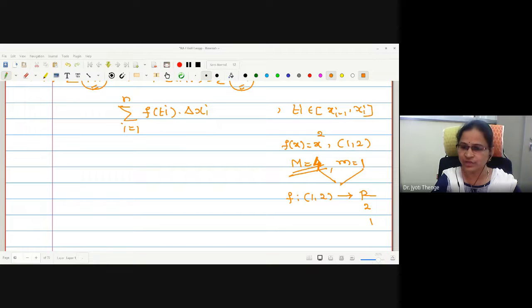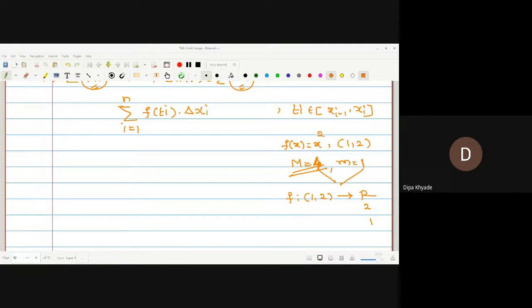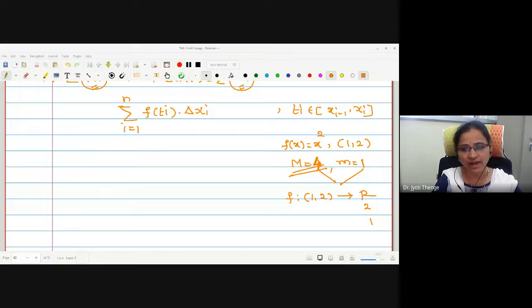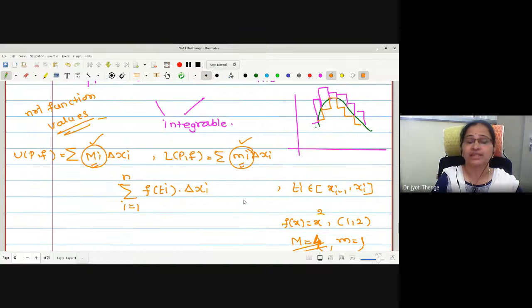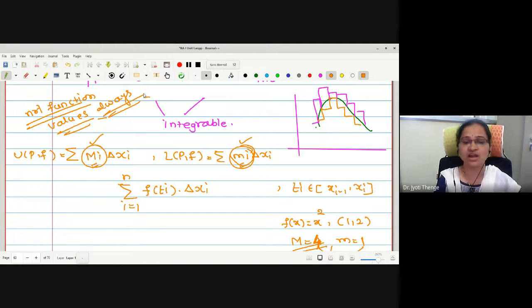तुमची जी सुप्रीमा व्हॅल्यू आहे ती फंक्शन व्हॅल्यू आहे का? No. नाहीये. तसंच इन्फिमा 1 आहे. कुठल्या पॉइंटला मिळतो मला 1? 1 ला मिळतो. 1 डोमेन मध्येच नाहीये. म्हणजे इथे सुप्रीमा आणि इन्फिमा हे जे दोन व्हॅल्यूज आपल्याला आलेत ना, त्या फंक्शन व्हॅल्यूज आहेत का? नाही. Okay, that is what Riemann has thought. Whatever capital Mi and small mi we were discussing, these are not function values always. Function values असतीलच असं नाही.